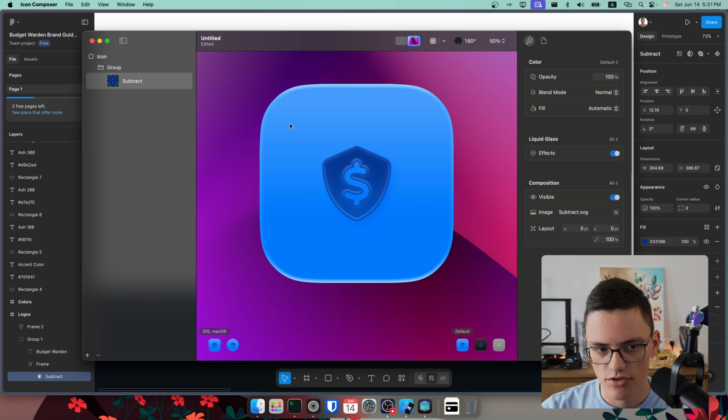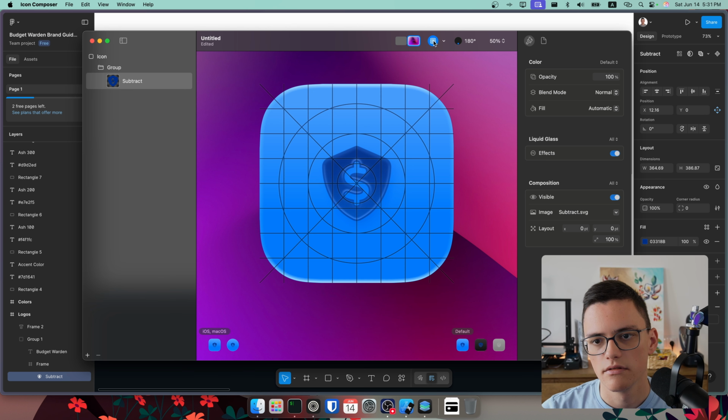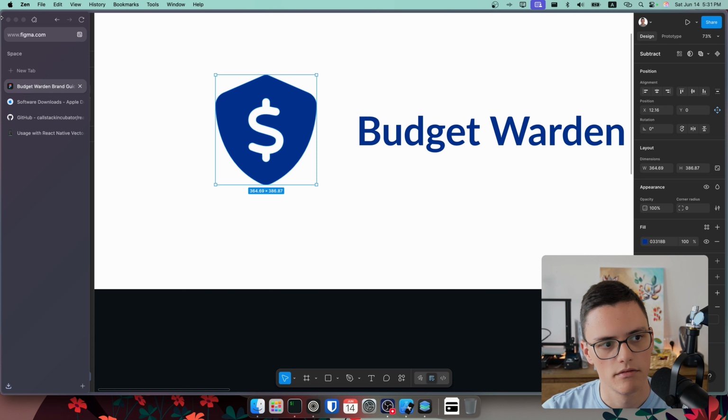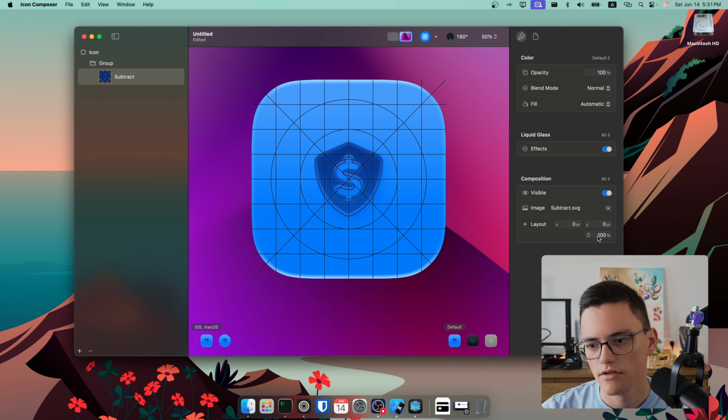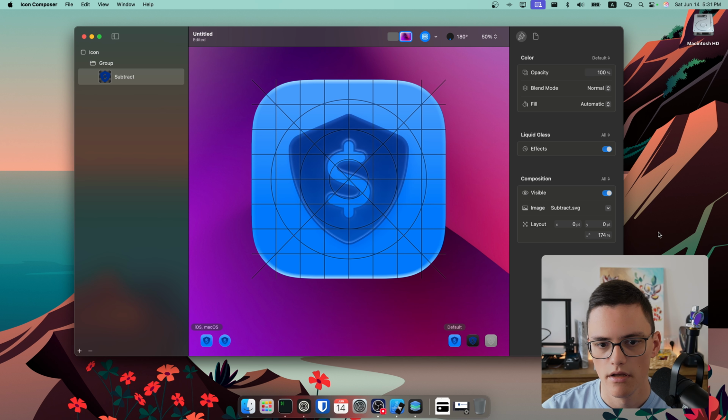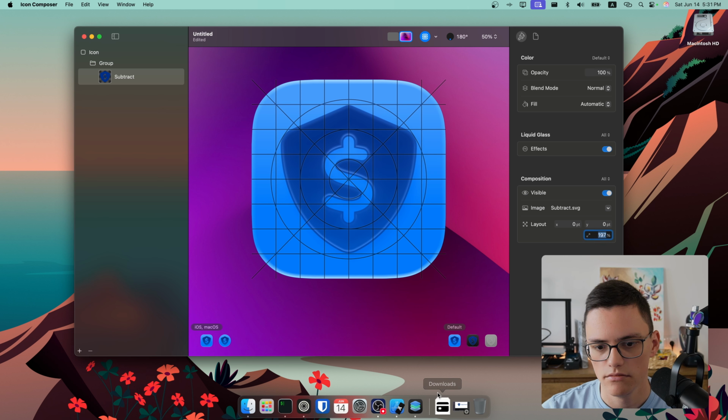Now we need to adjust the colors, of course, but let's first show the grid. I'll minimize that again, show the grid and adjust the size with this gauge right here. I believe the icon should fit within that circle. So I'll make sure that that is so,